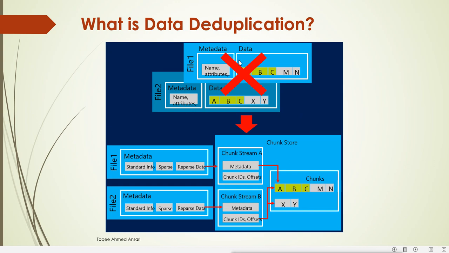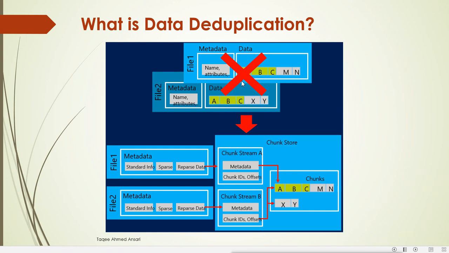In this example, suppose we have file 1 and file 2. Even within files, the data is not necessarily entirely separate. Suppose in file 1 we have ABC MN, and in file 2 we have ABC XY.